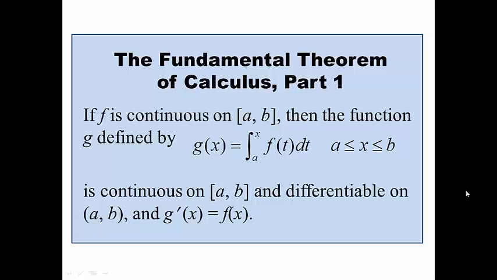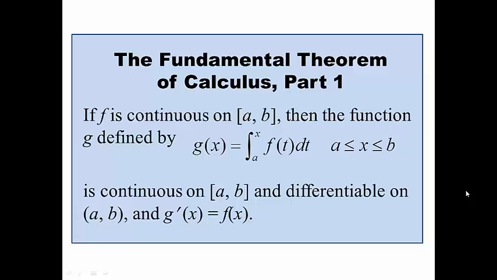Let's look at a proof of the fundamental theorem of calculus, part 1. First, let's read the theorem again. If f is a continuous function on the closed interval from a to b, then the function g, defined by g of x equals the integral from a to x of f of t dt, is continuous on the closed interval from a to b and differentiable on the open interval from a to b, and g prime of x